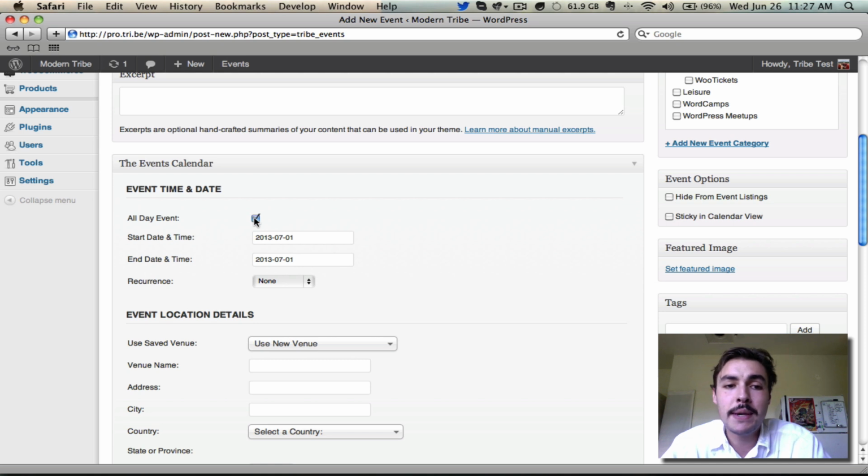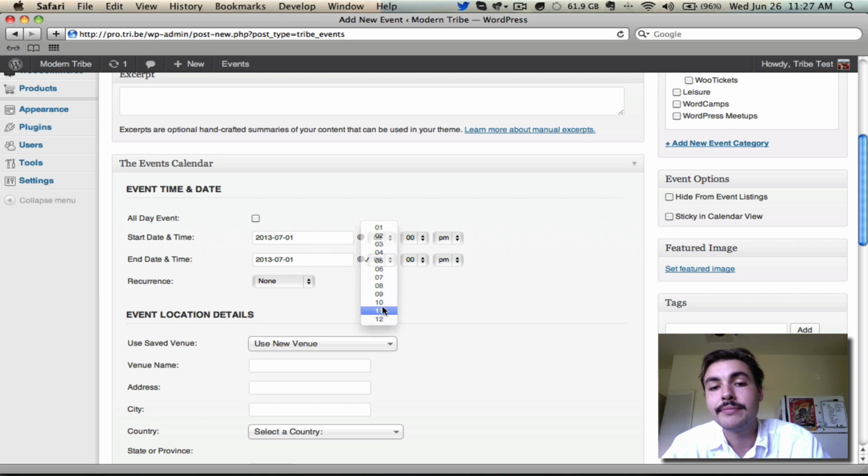That's also a bit too extreme for me though. My birthday parties never go that long. More realistically, this will probably run from 8 o'clock p.m. to 11 o'clock p.m. It's not going to recur because this is not a recurrence pattern. I'm going to leave it as none. And again, we'll check out the recurrence patterns in a subsequent screencast. But right now we've set when the event is taking place. We know it's going to be on July 1st from 8 o'clock p.m. to 11 o'clock p.m. Cool.